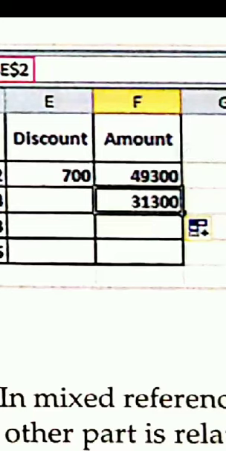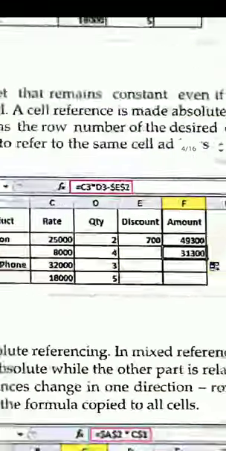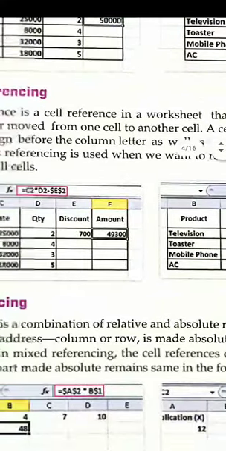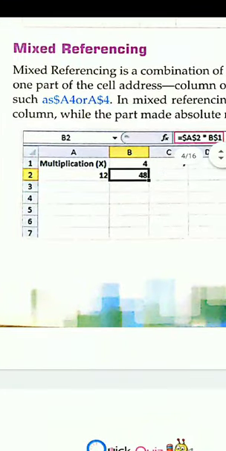So there is no need to write the formula again and again. In the same way, with the autofill handle, we can copy this formula throughout column F, and we will get the amount. As I told you, MS Excel is used to maintain the accounting system, meaning whatever function or requirement of any account work, all those functions are here in MS Excel. Next, I taught you about relative referencing and absolute referencing. Now I am telling you about mixed referencing.